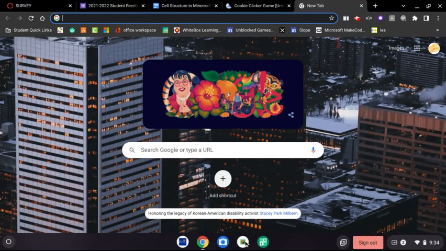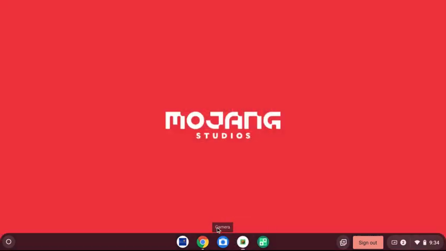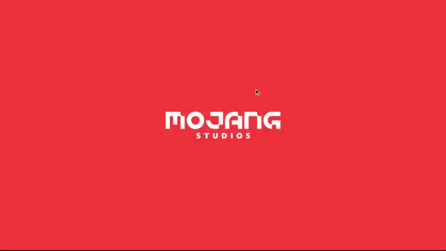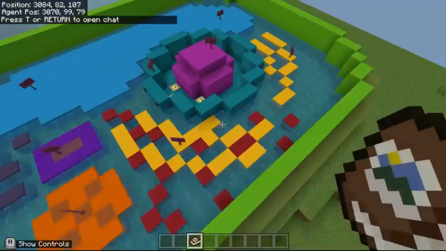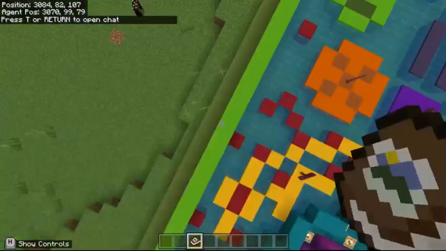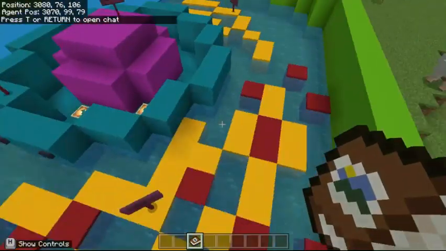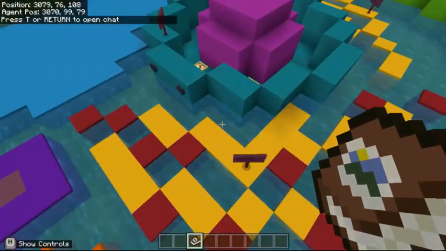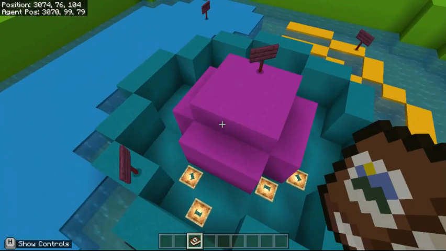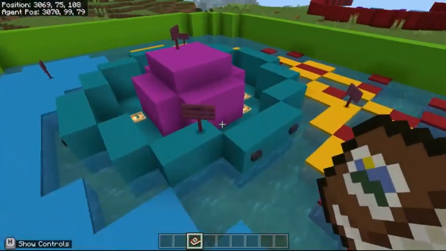So today I'm going to be talking about cells, especially eukaryotic cells such as plant cells and animal cells. If I can load it in, I can show you what I'm talking about. Okay, first things first, there's a plant cell, and somewhat in the center of the plant cell,